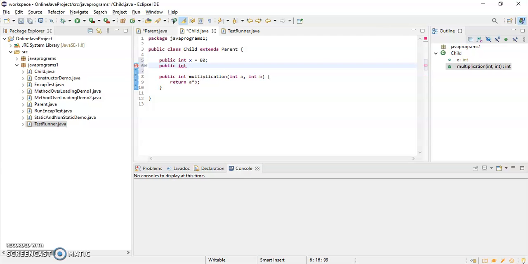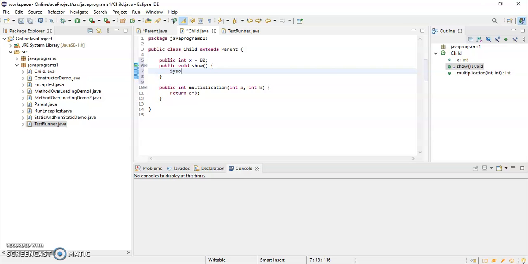So I'll write public void show, and here System.out.println, the value of variable named x in the child class is, x.